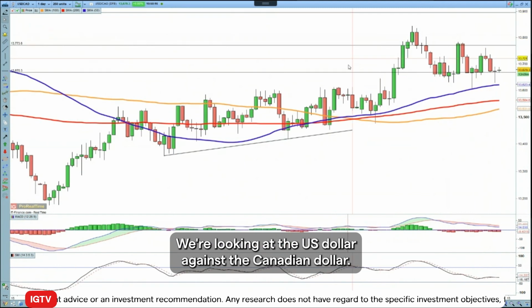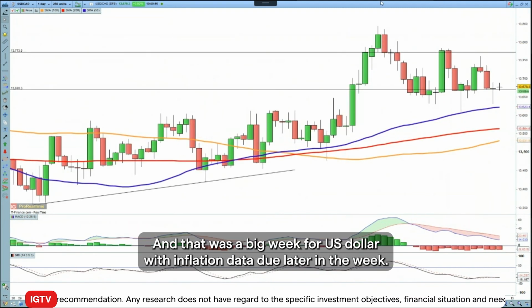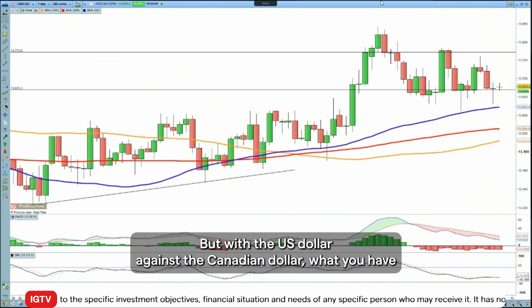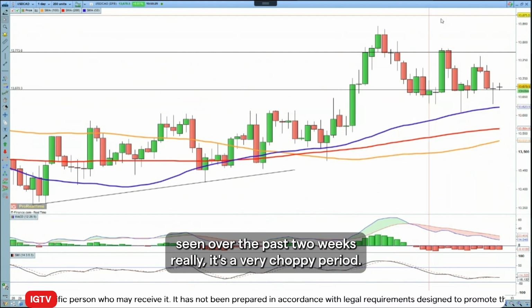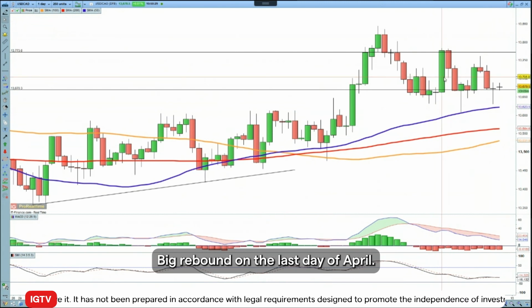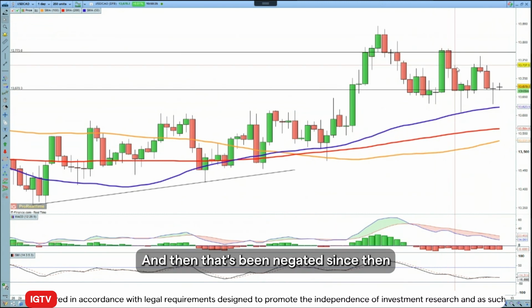We're looking at the US dollar against the Canadian dollar. Now, it's of course a big week for the US dollar with inflation data due later in the week. But with the US dollar against the Canadian dollar, what you have seen over the past 2 weeks really is a very choppy period. Big rebound on the last day of April, and then that's been negated since then with